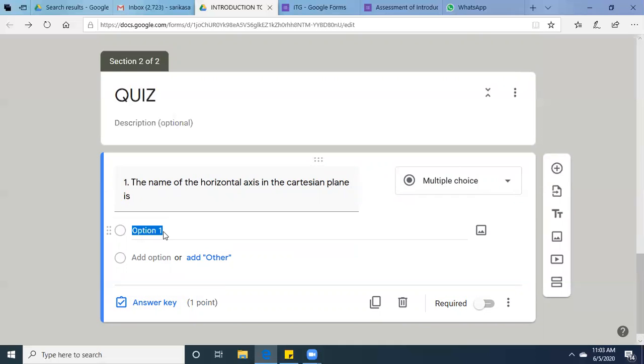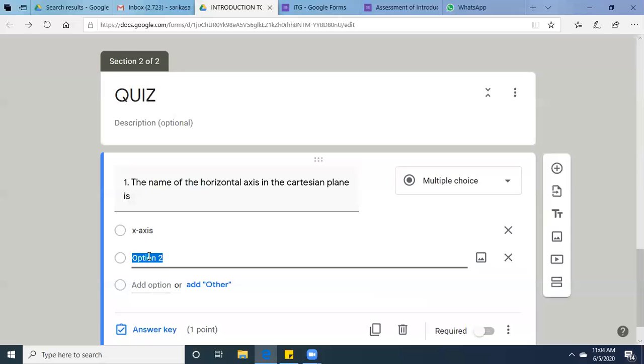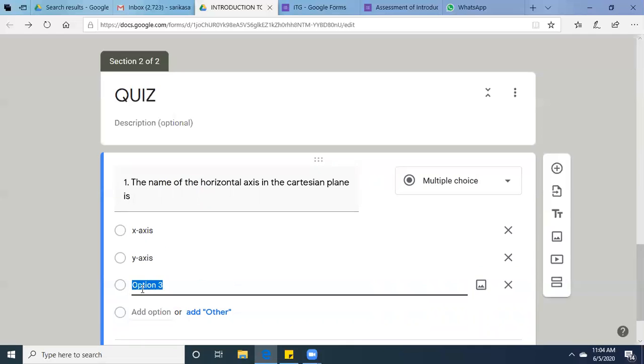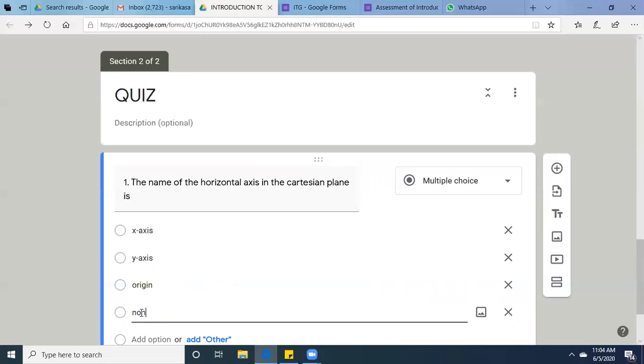So say in the first option, I have written x-axis. In the second option, I'm writing y-axis. Third option is origin. And my fourth option is none of the above.